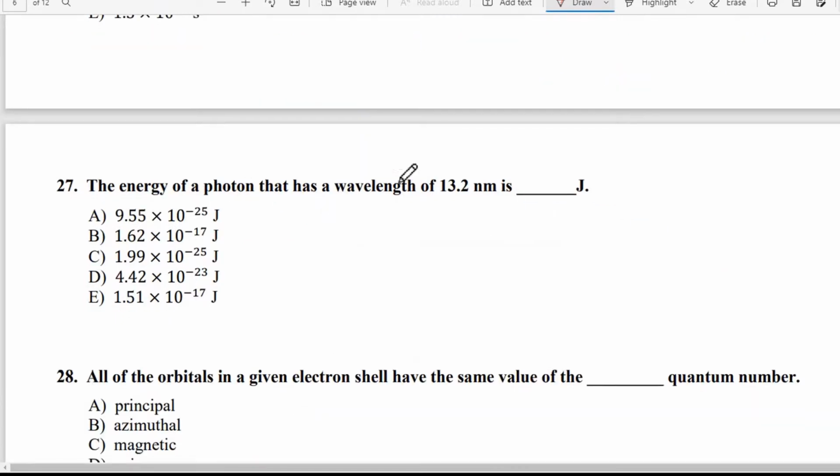Okay, the energy of a photon that has a wavelength of 13.2 nanometers is blank joules. So there's two equations that relate frequency, wavelength, and energy. There's the speed of light is equal to the frequency, which typically looks like a cursive letter V, but it's actually a Greek letter called nu,